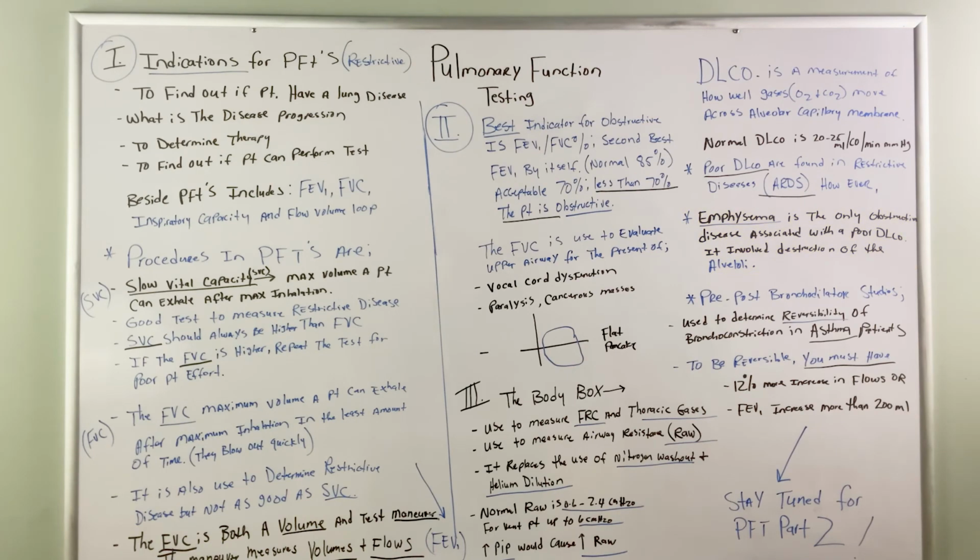Now, we also do what is called a pre and post bronchodilator study. These are used to determine reversibility of bronchial constriction in asthma patients. To be reversible, you must have at least a 12% increase in the flows, or the FEV1 should increase more than